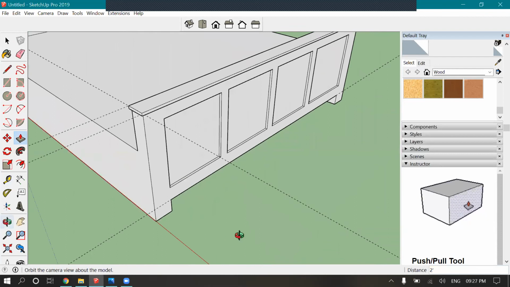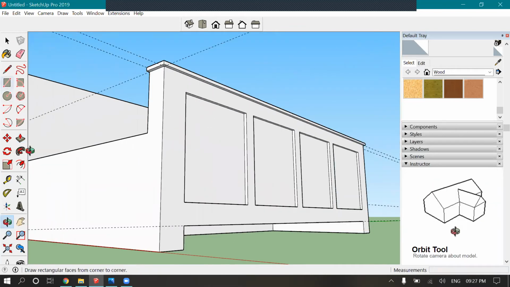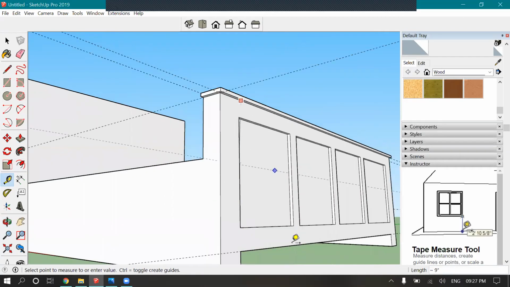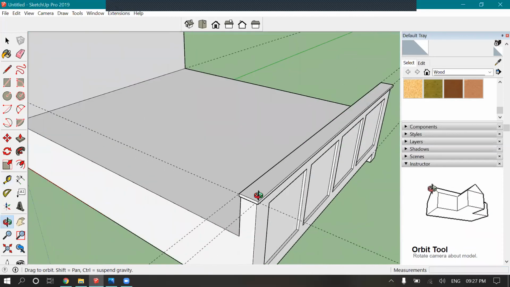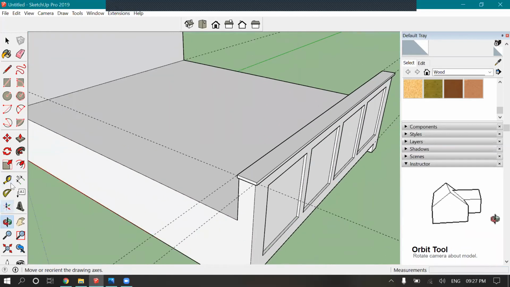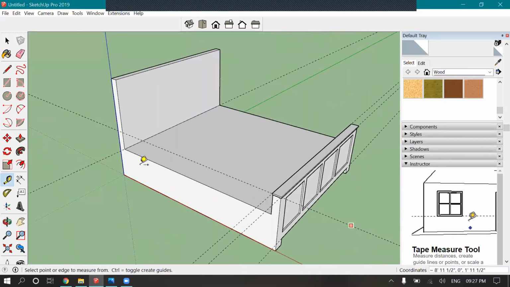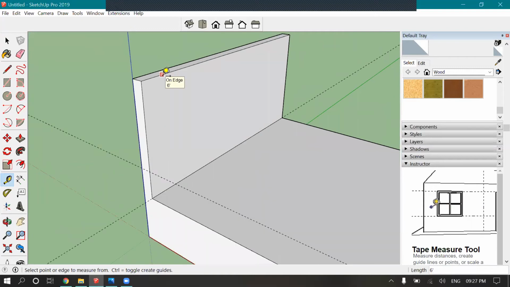So what was the complete height of this part? Let's check it. It was around 1 feet 8 inches. Okay. So this is our bed level, and the mattress will be 6 more inches, so 2 feet 6 inches. Our mattress will be covering 2 feet 6, and we have a total of 4.